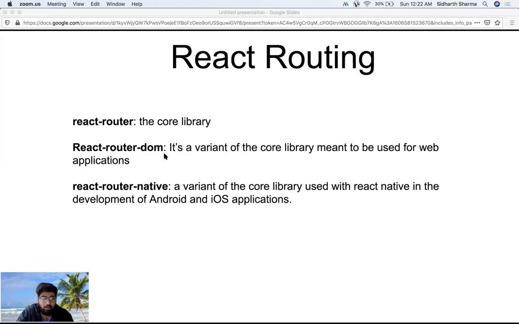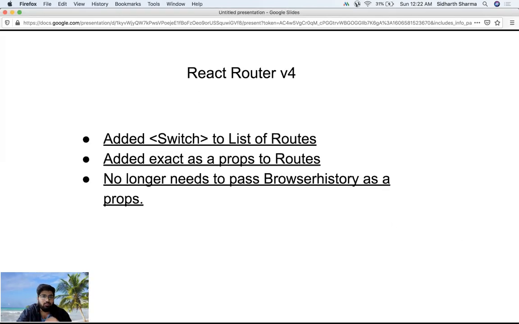Also, in this video, I'm going to use React Router version 4. React Router version 4 updated lots of things as compared to version 3. So before moving forward, I'm going to show some of the changes that happened in React Router version 4. On the screen, you can see these three changes. First, they have added Switch to the list of routes. Second, they have added exact as a prop to routes.